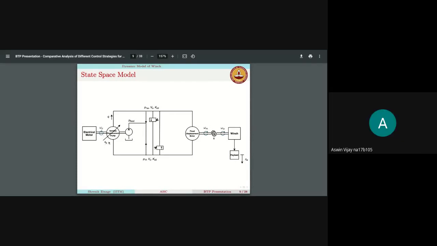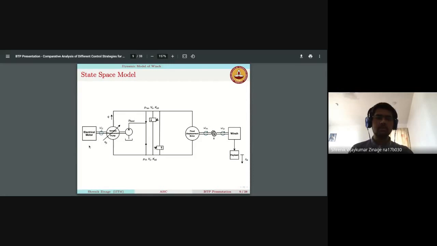So I'm not controlling the swash angle directly, but rather I'm controlling UP, which is the control input. And the relation between the swash angle and the control input that I'm applying is a first order system. So if I change the control input by some amount, it would take some time for the swash angle to take that into account.